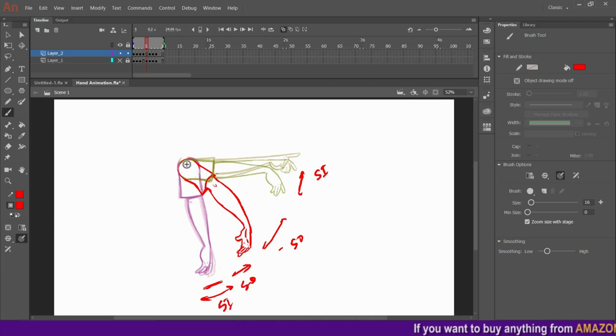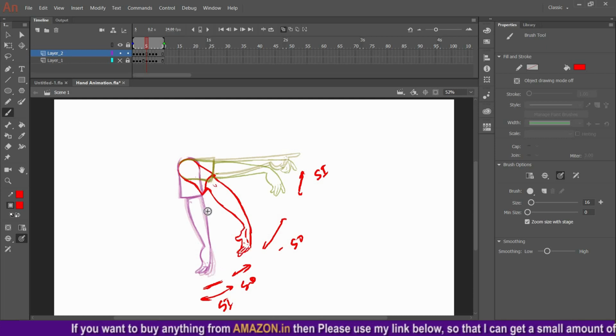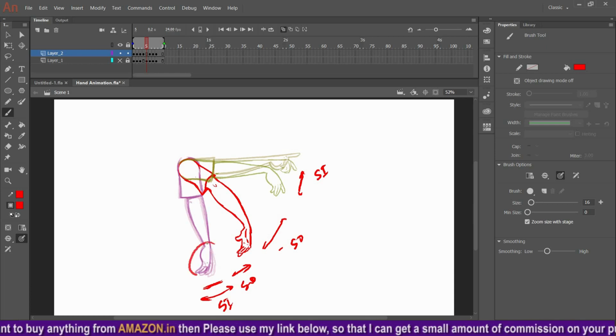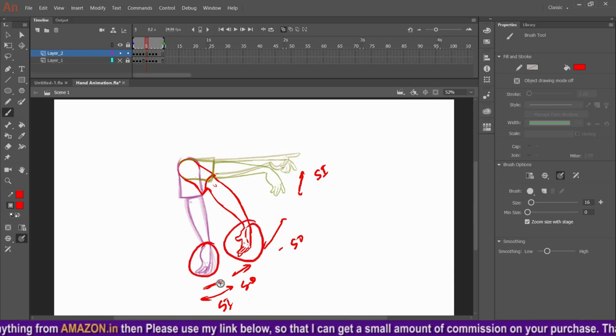If I want, I can place some more drawings over here, in this area, to make it slow. If I want to make the beginning frames slow, then I can draw a drawing in between this frame and this frame.